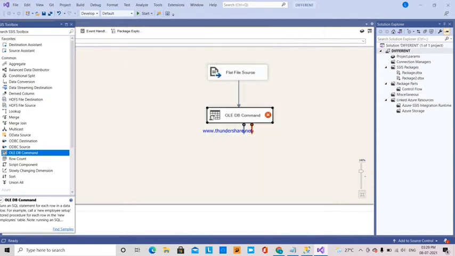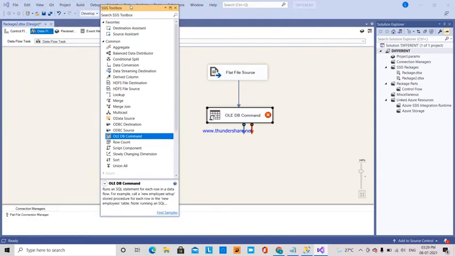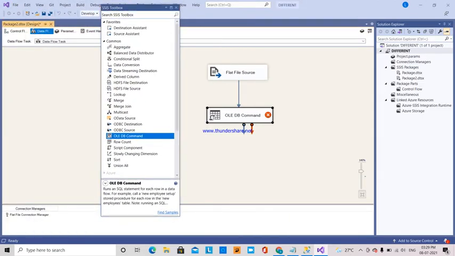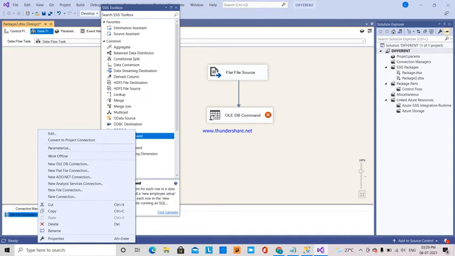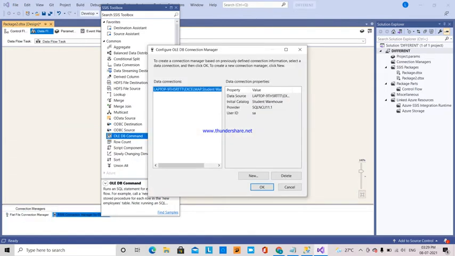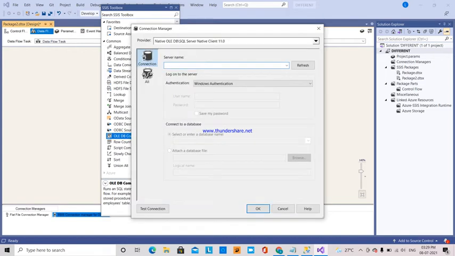For that I am going to create a new connection manager. I right click, and create a new OLEDB connection manager over here. I already have one, so I am going to delete that one and create a new OLEDB connection.